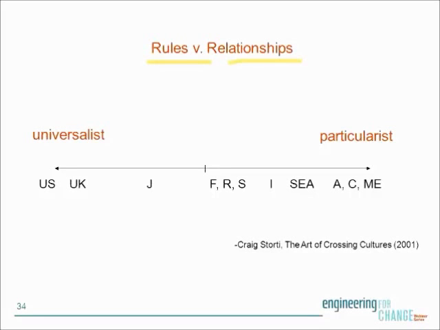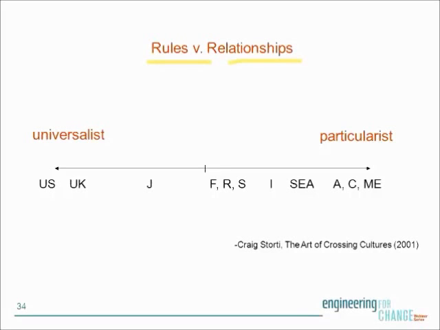People who are more universalist focus more on rules than relationships. Legal contracts are readily drawn up because of this desire to have some sort of rule. Someone who's more universalist thinks that a trustworthy person is a person who honors contracts. You have expressions in cultures that are universalist, like a deal is a deal. On the other end of the spectrum, you have particularists. Particularists focus more on relationships than rules. Legal contracts are created, but they're also readily modified. Someone who's a particularist finds that people are trustworthy if they can honor that things change rapidly,